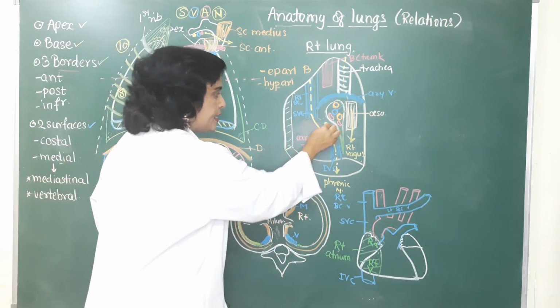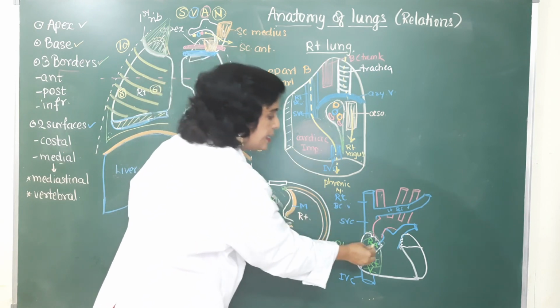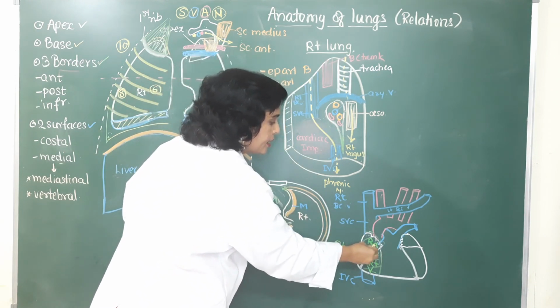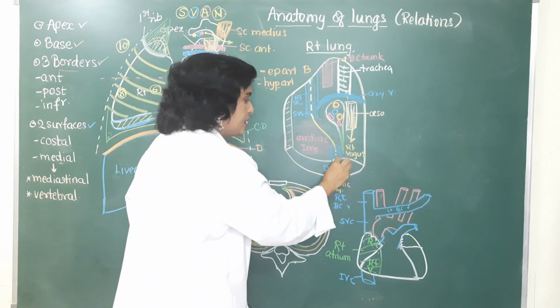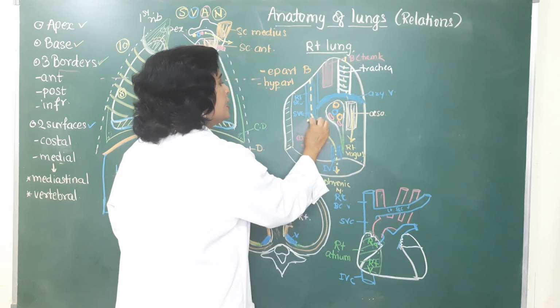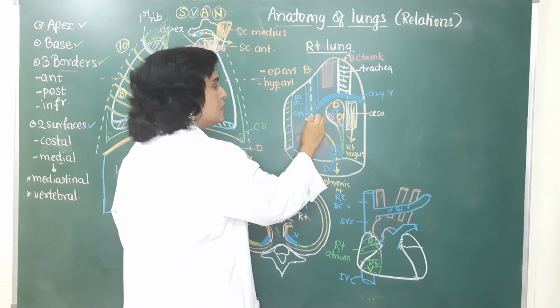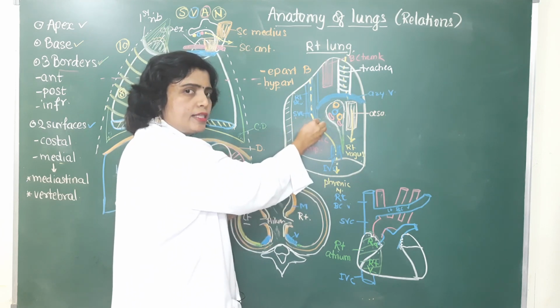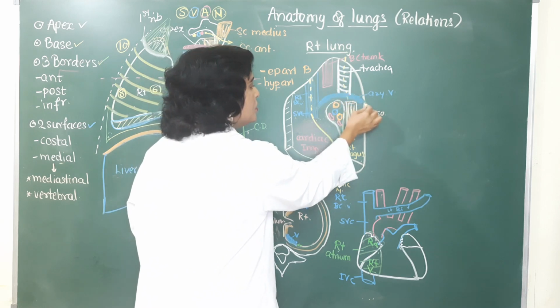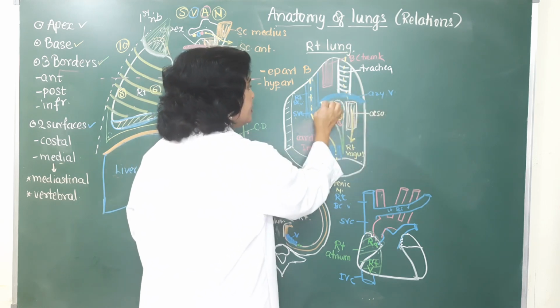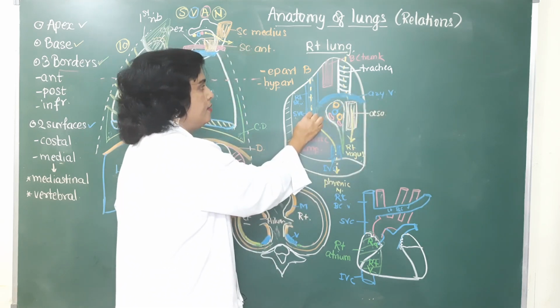Okay, so you get cardiac impression, which is related to right atrium, right auricle, right ventricle, and then in posterior inferior part there is a vertical groove for inferior vena cava, and from the cardiac impression one vertical groove which lodges superior vena cava in the lower part and the right brachiocephalic vein in the upper part. Arch groove above the hilum lodges azygous vein which opens in superior vena cava.